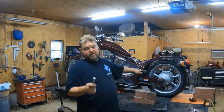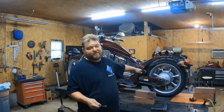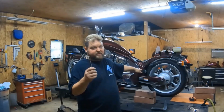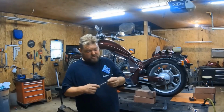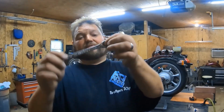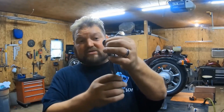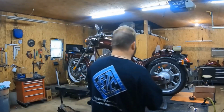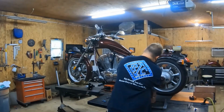Now, remember, you got to take your foot pegs off first, then you put these on. And they use 12 millimeter, and what I recommend is getting one of these right here, because you can't get sockets in there. So this right here, this ratchet wrench, is a great thing to have for this. So all you got to do is simply get behind it like this,